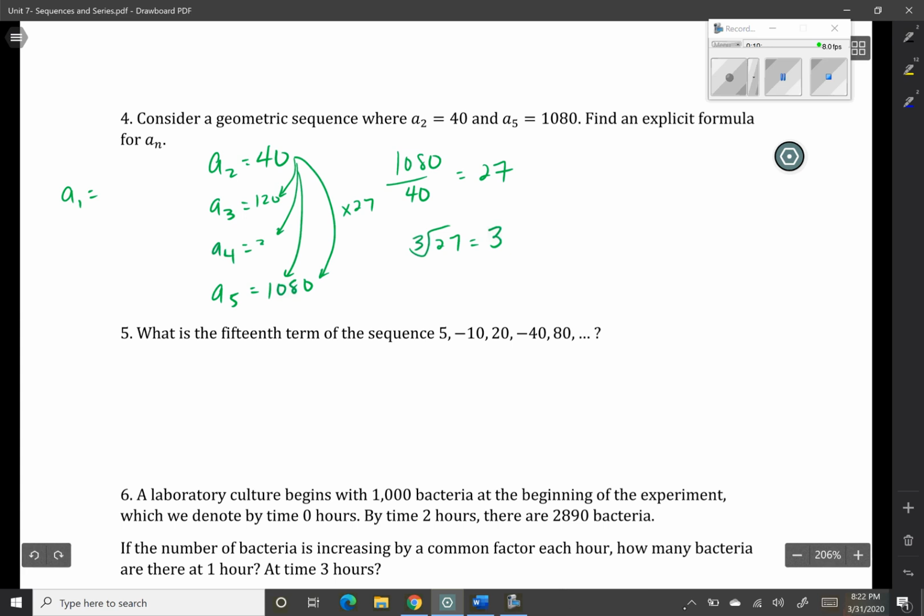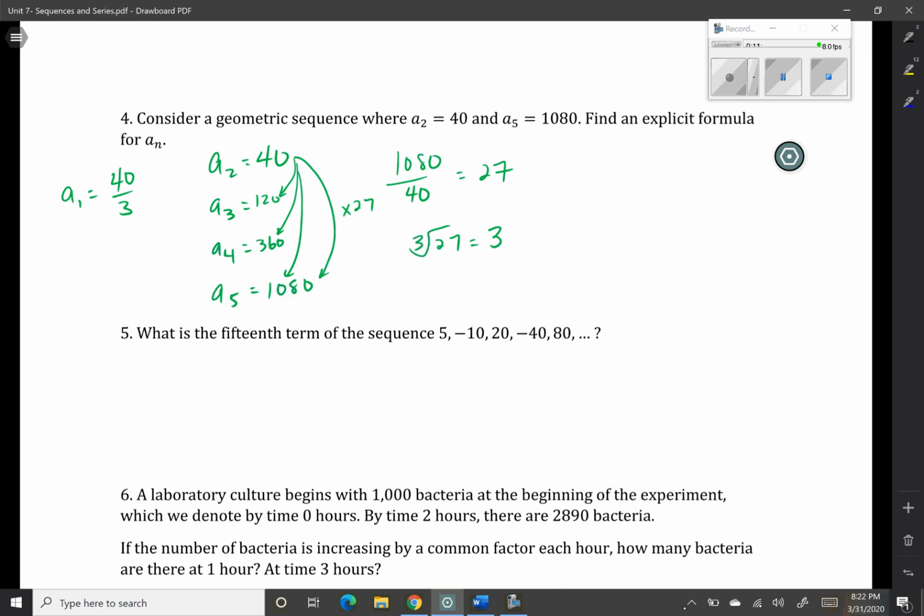120 times 3 is 360, and 360 times 3 makes 1080. So we wind up having the right value here. The next thing we have to do is figure out what the first term is. So if we're going from the second to third term by multiplying by 3, to work backwards I would have to divide by 3. 40 divided by 3 is not a nice number, so we'll just leave it as 40